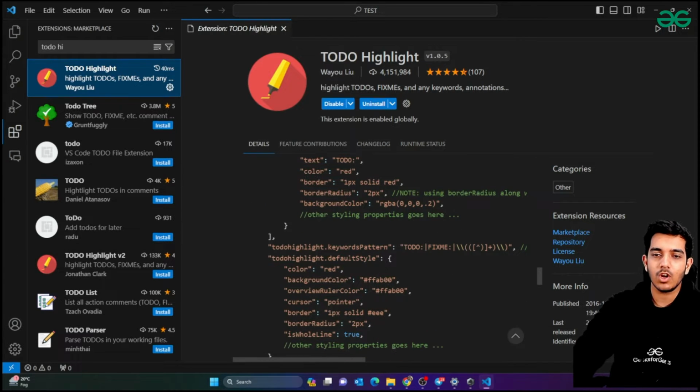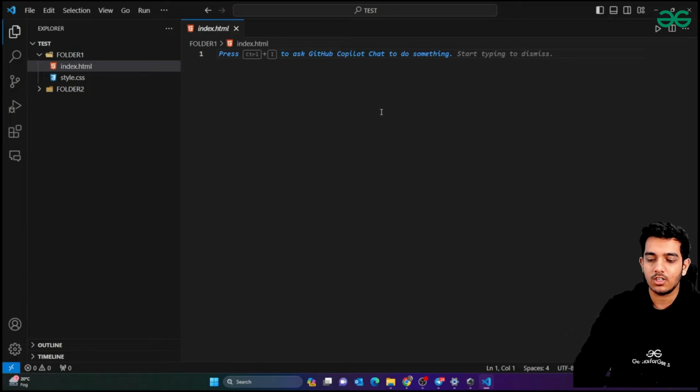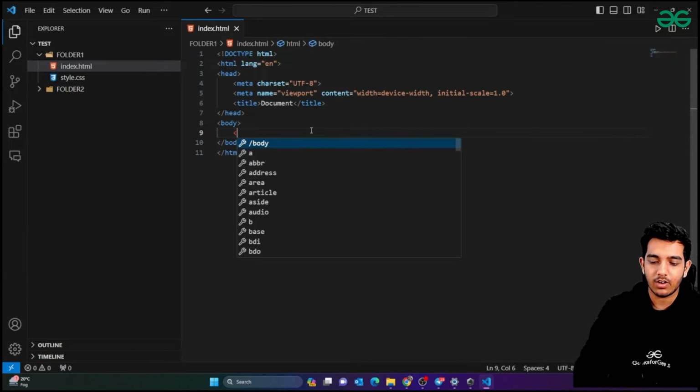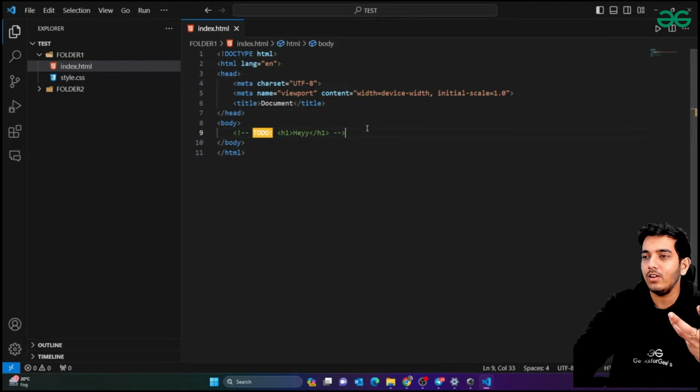So what you would do is just mark it as a to do, so it would be highlighted. So for example, if I just go to this index.html, if I just create this boilerplate, let's try to create a h1 tag right now. Okay, and I'll just say hey. So if I comment this, I just need to press control and forward slash. So you can see right now it's like this, but still it's not highlighted. So what I would do is if I write ToDo and colon, you can see now it's highlighted. Okay, so now I really know that I want to perform this task,